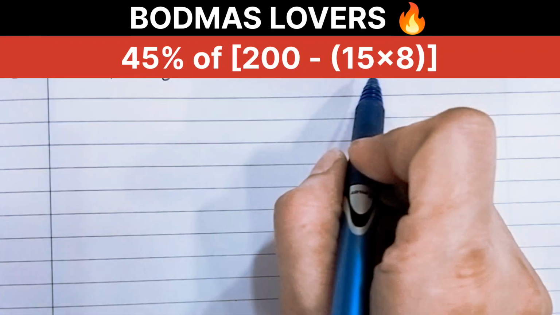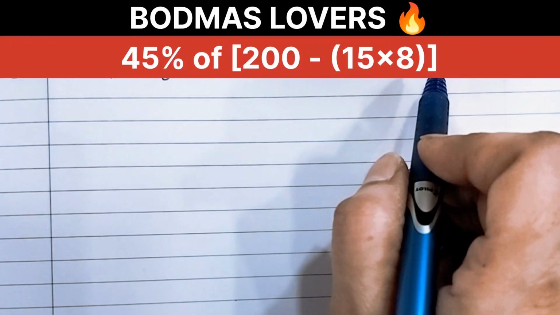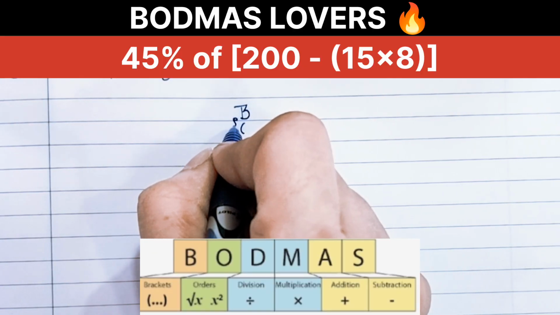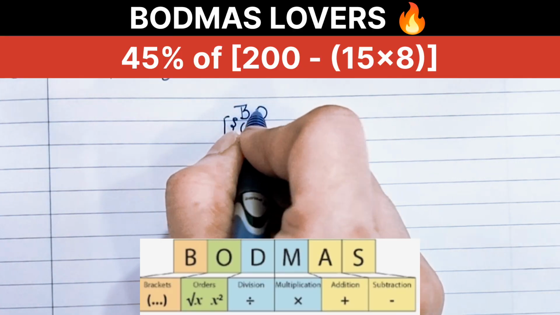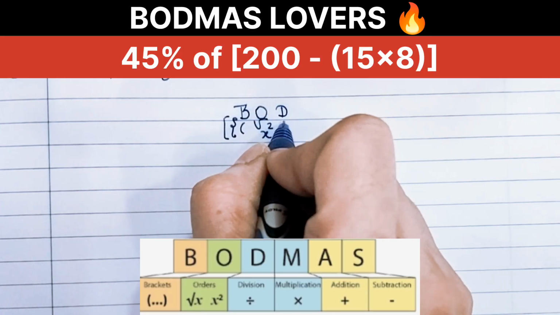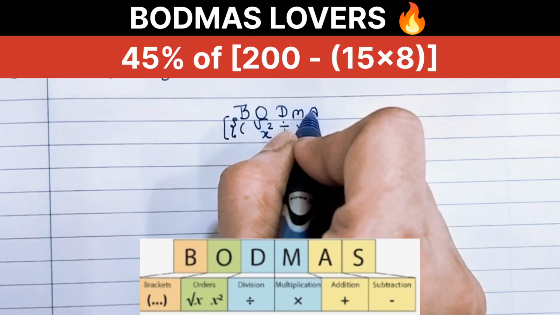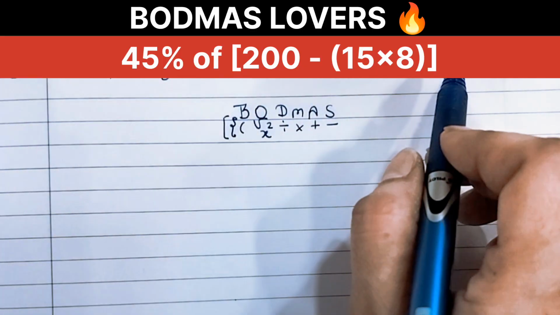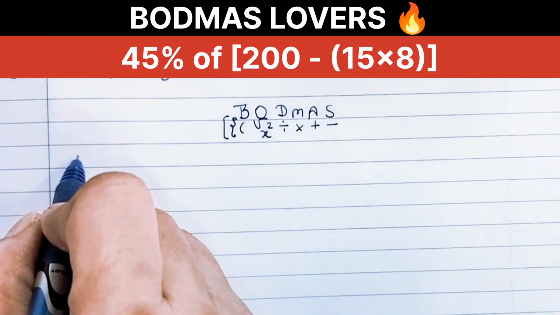Hello friends, now here is the step-by-step simplification of this math problem by using the BODMAS rule. The BODMAS rule says first we solve brackets: small bracket, curly bracket, then square bracket. O stands for "of", where we convert into multiplication, and we solve roots and exponents. D stands for division, M stands for multiplication, A stands for addition, S stands for subtraction. According to this BODMAS sequence, we'll break down this expression by step-by-step solution.